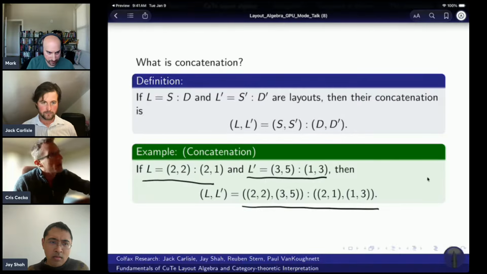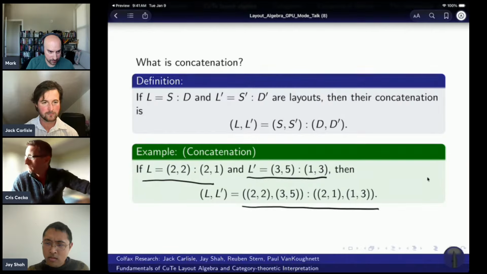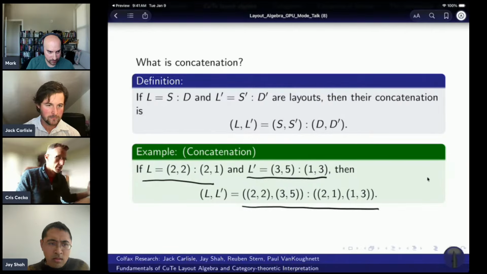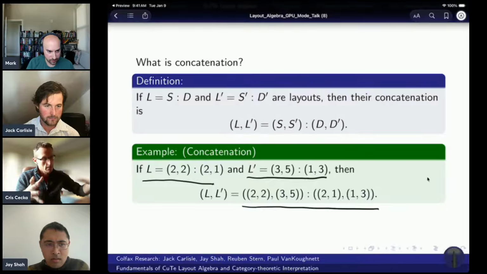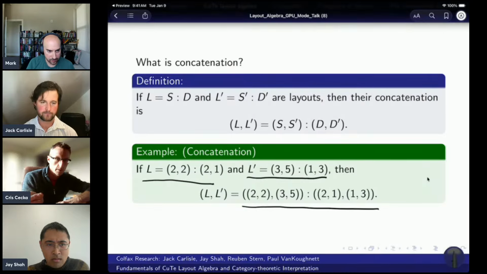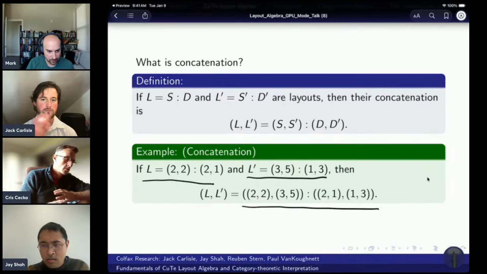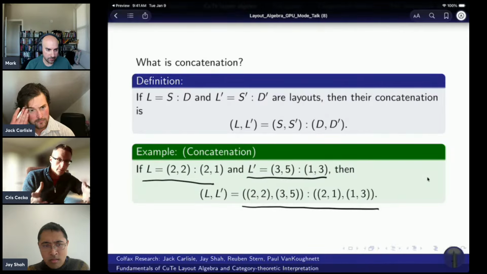Yeah, when you say concatenation to people, most people interpret that as, okay, I'm going to take an array of length 5 and an array of length 7 and concatenate them and get an array of length 12. That is not the kind of concatenation that we're talking about. We're talking about more like tensor product or Kronecker product